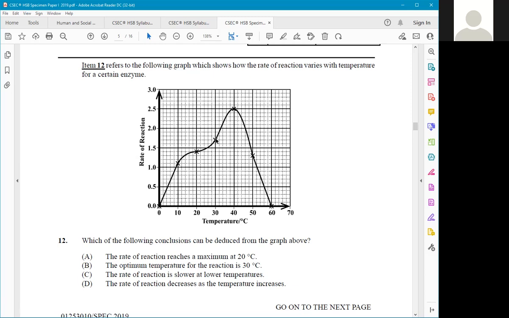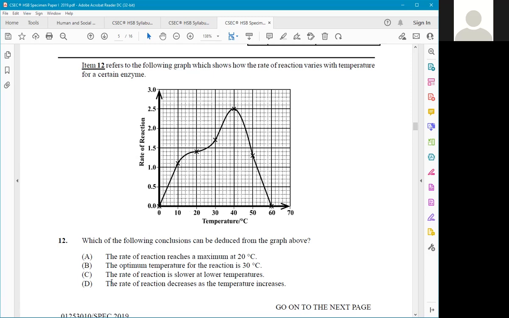That could never be, because that is not where the enzyme is working at its best. The rate of reaction is slower at lower temperatures. We can't say that either. While that is true, it is also true at higher temperatures. So once you could say that the rate of reaction is slower at higher temperatures also,